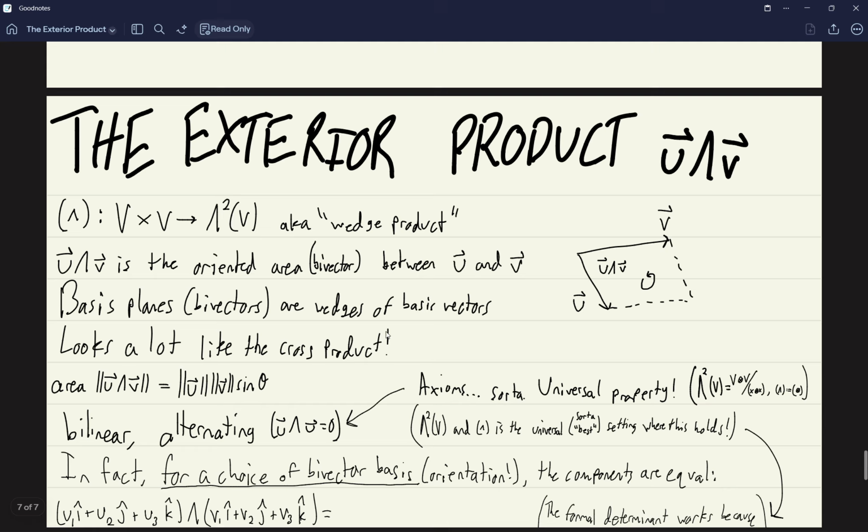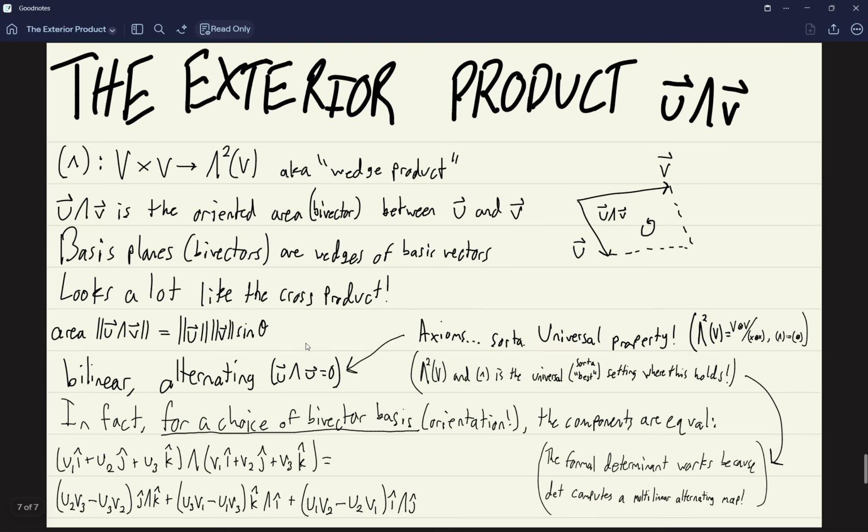Yeah, so as I was saying, what the cross product does, that extra property that we had on the cross product, that i cross j equals k and so on, is basically based on the orientation, that right-handed orientation chosen. The cross product picks a basis for the bivector space. It decides which components, which basis planes to project your oriented area onto to get your components. And then it casts those components from being projected areas on a basis plane